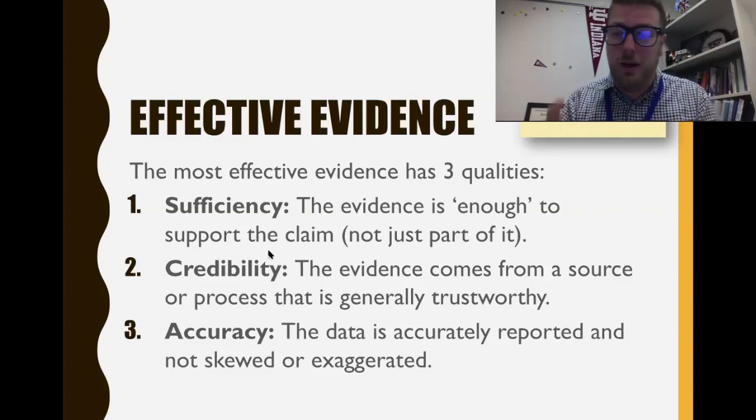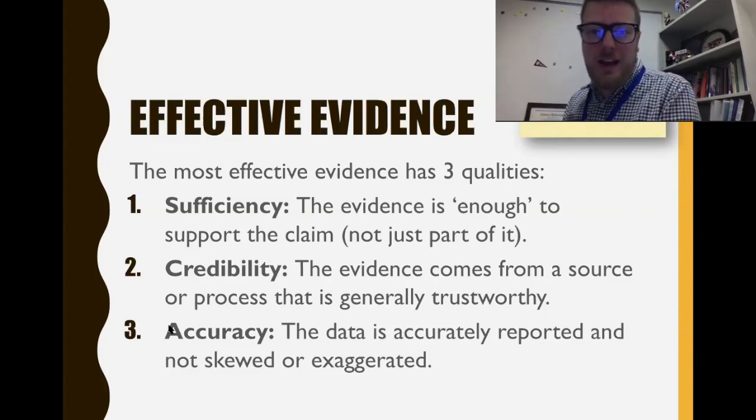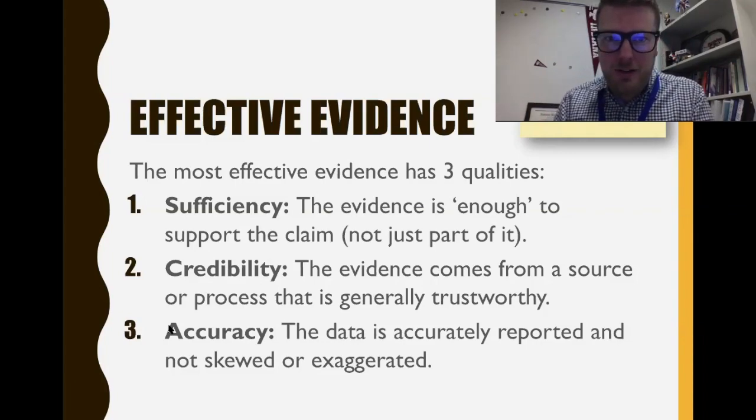So here's the three things, right? A reminder: sufficiency. You want your evidence to be enough to support your claim. Obviously, if you're doing good research, hopefully you will know enough about your topic that you can find enough to support an argument, right? So finding enough evidence is really what sufficiency is all about. But credibility and accuracy, these two and three here, those two things are what the CRAP test is all about. The CRAP test is all about not just you finding enough evidence, but also finding quality evidence, because you really want convincing and quality evidence that we aren't going to be able to poke holes in as readers. You want to make a solid argument with your paper, and it starts by having solid sources and solid evidence.